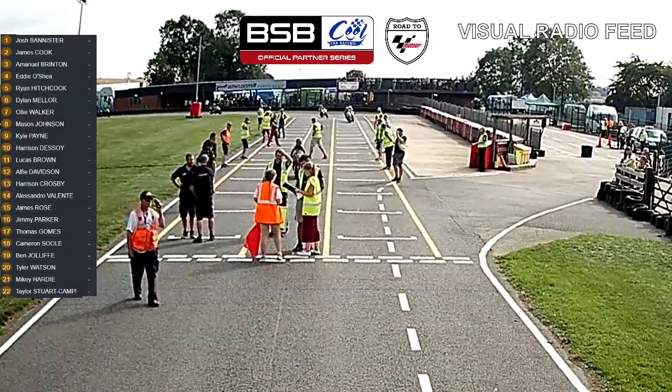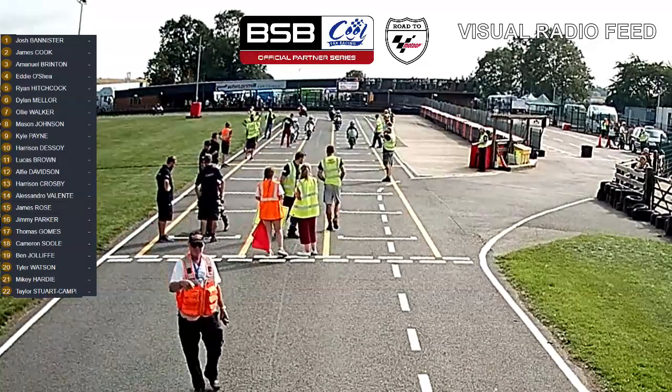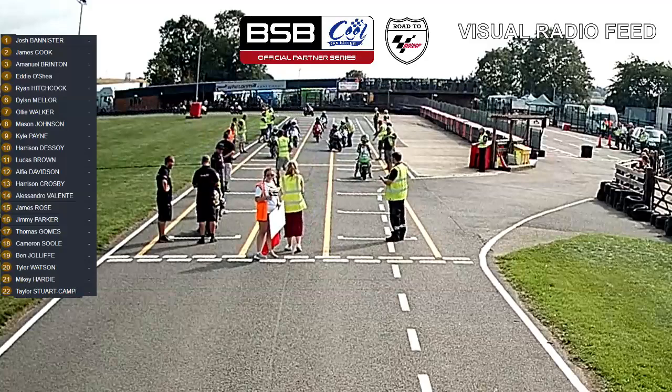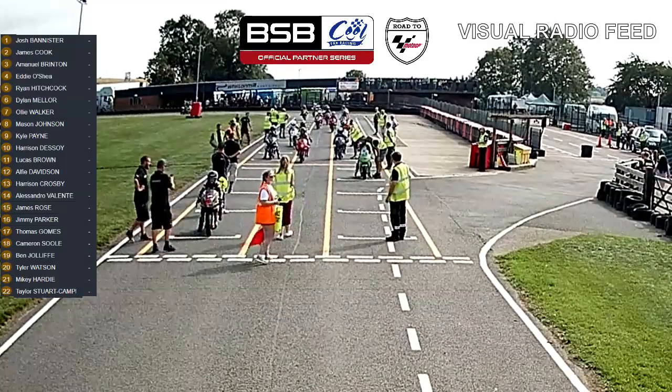The Mini GP50s head onto circuit for their first race of the afternoon. Thank you very much for joining us for live visual radio coverage of round 7 of the 2018 Cool Fab Racing British Mini Bike Championships. We're live from Whilton Mill, where the first of the races for the Mini GP50s this weekend is about to get underway. We have no Casey O'Gorman in this race, and there's almost no